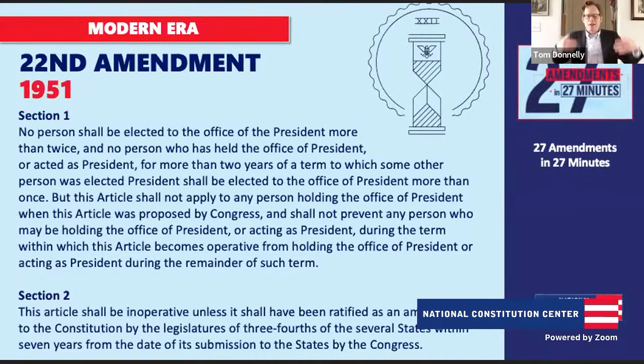The 22nd Amendment effectively limits presidents to 2 terms in office. It's a term limits amendment for the president. This arises from George Washington's own example. So he runs for president, wins re-election, and then says, I'm retiring to Mount Vernon. Every president until FDR does the same, does not break the George Washington precedent. FDR does. He's elected 4 separate times, and then we decide in 1951, no, we like the way George Washington did it better. We want that term limit in place.